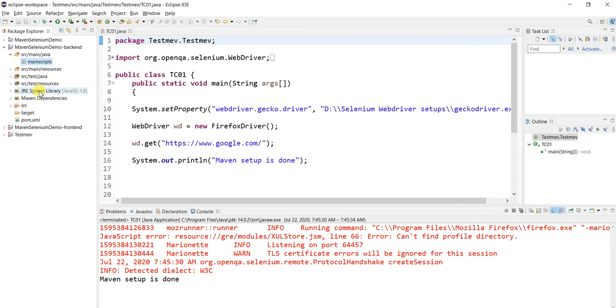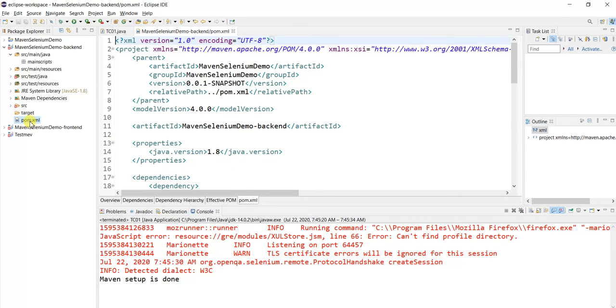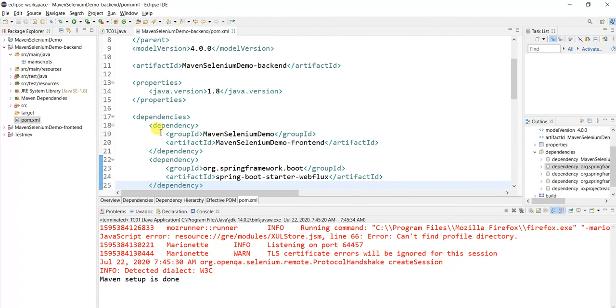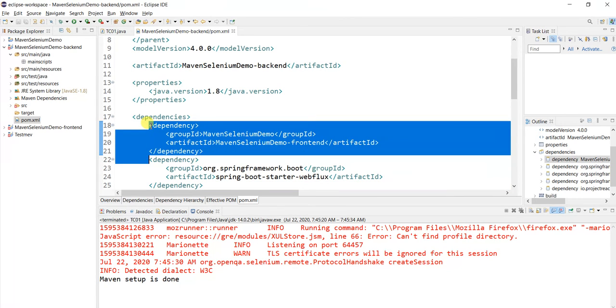So for that reason, we can see here in src that pom.xml has already been created. We should take the help of pom.xml. This is the script of pom.xml. Now directly we should go to dependencies, as we discussed in the earlier video. The dependencies block is here. Now here we need to replace the existing dependency or add a new dependency.